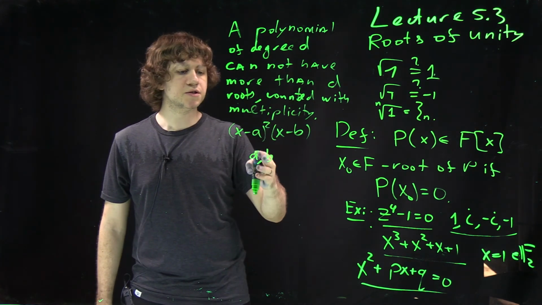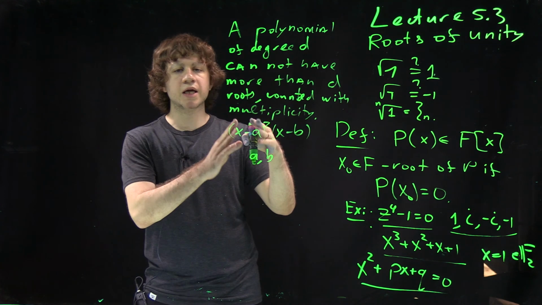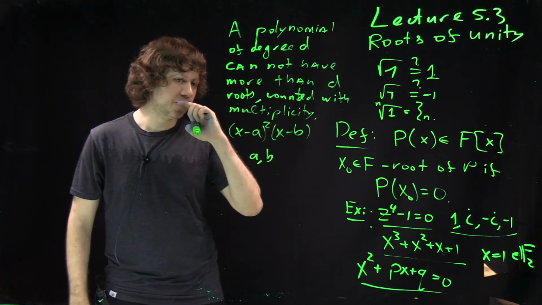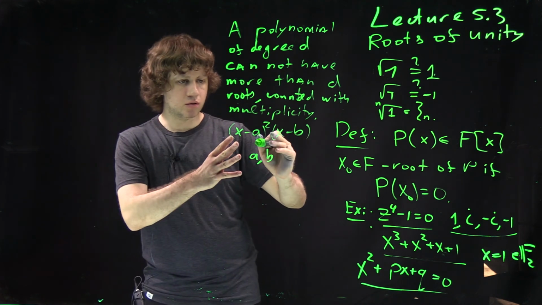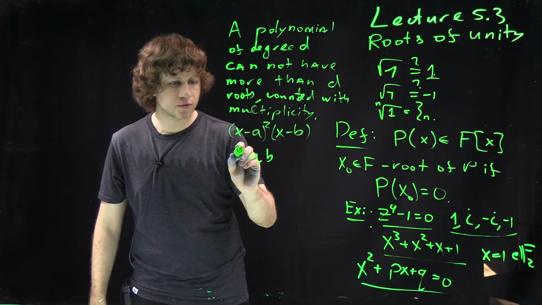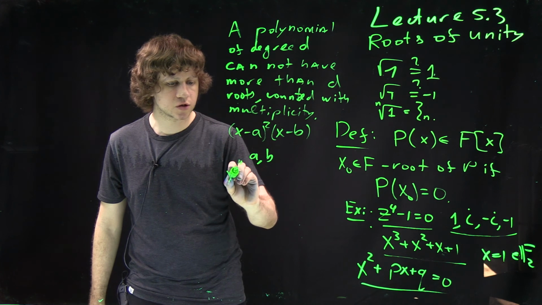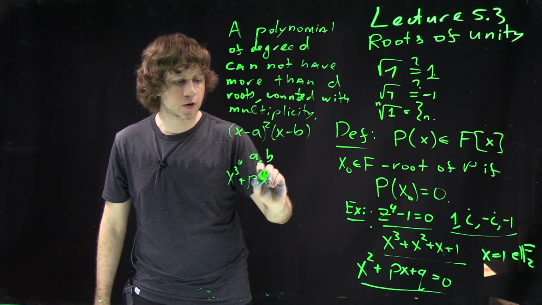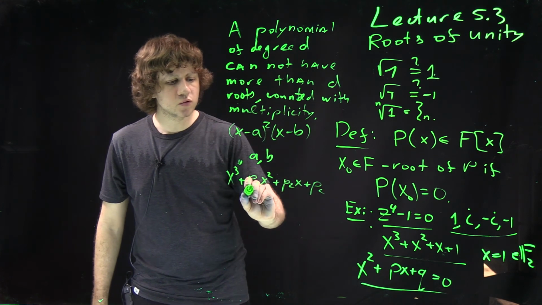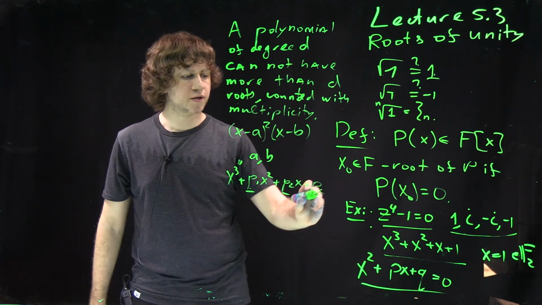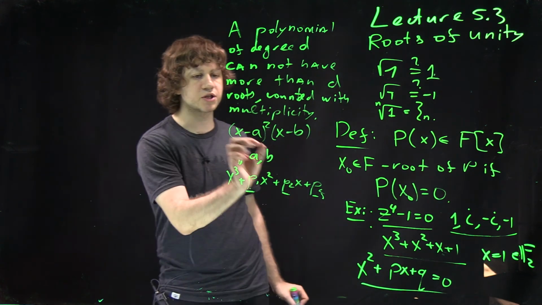So in some sense, you can think that it has a double root. One way to think about it is that if you just open brackets, you will get some degree 3 polynomial, like x cubed plus p1 x squared plus p2 x plus p3. And if you move these numbers p1, p2, and p3 just a little bit,